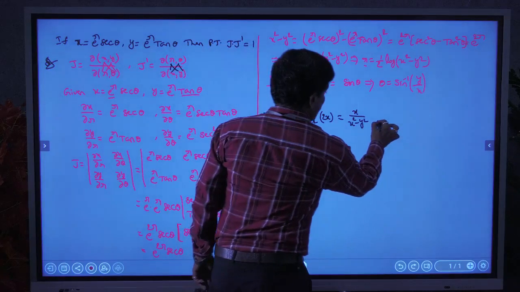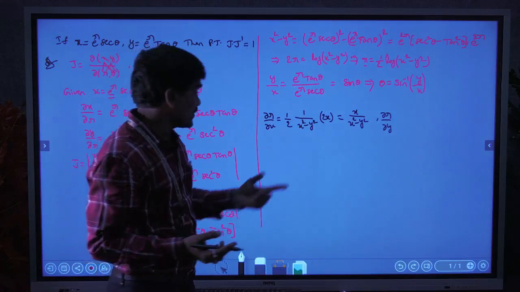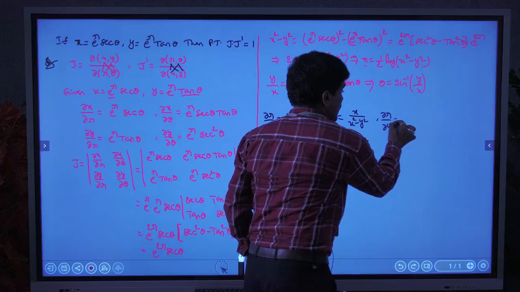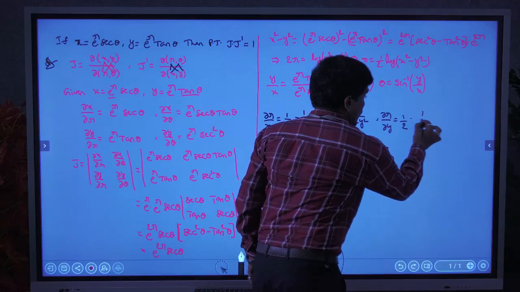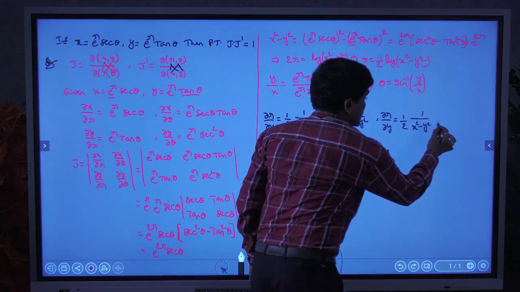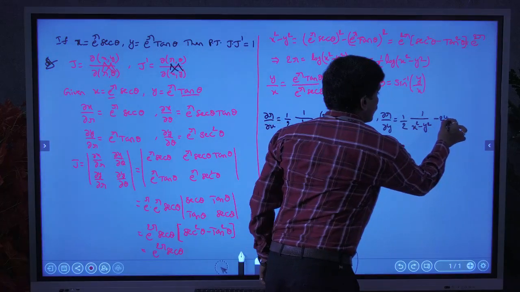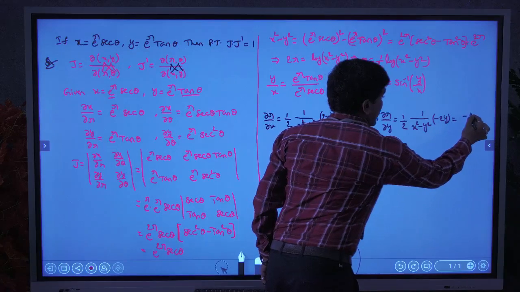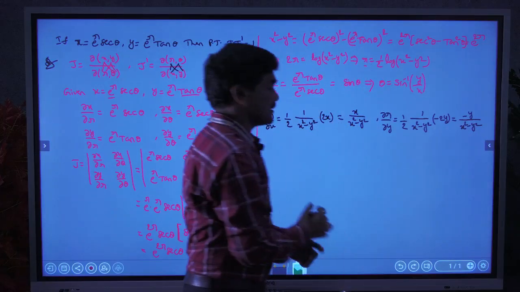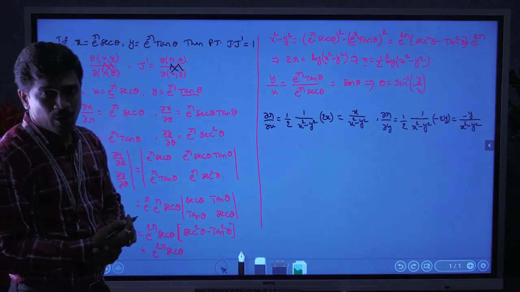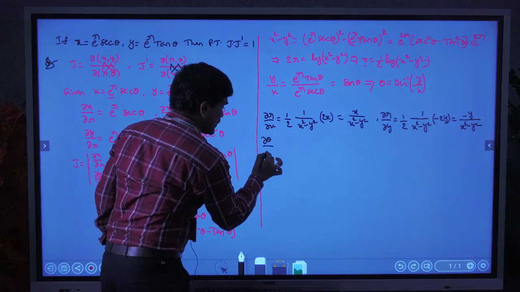Right? Next, ∂r/∂y. Same function with respect to y. Again 1/2 is a constant. First of all this is the logarithm of x, derivative is 1 by (x squared minus y squared), and again the derivative of x squared minus y squared is minus 2y. So here the 2 cancels. Finally we get minus y by (x squared minus y squared). So we clearly get ∂r/∂x and ∂r/∂y. Next write theta. ∂θ/∂x. What is ∂θ/∂x?